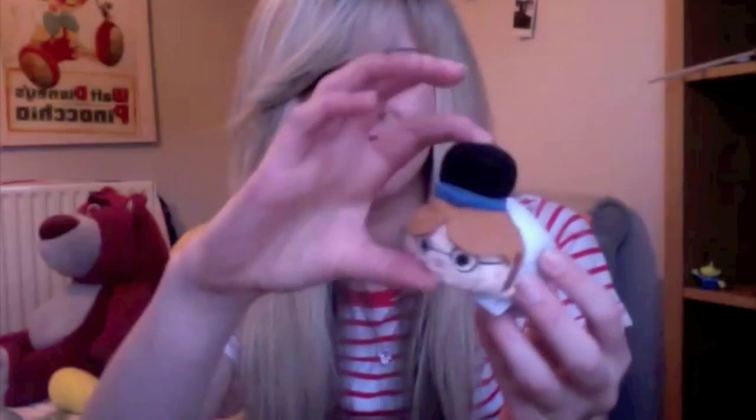Next up we have another Darling, and that is John Darling. This one's kind of funny to me. He does look very much like John Darling, but the hat is just really, really tall. So this is either going to have to sit at the bottom of my Tsum Tsum collection or the very top at all times. It's a bit inconvenient when you try to stack them,